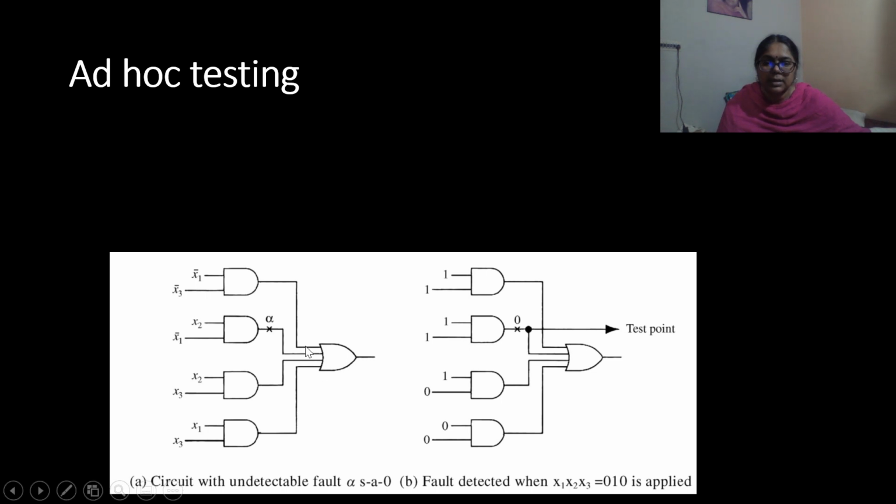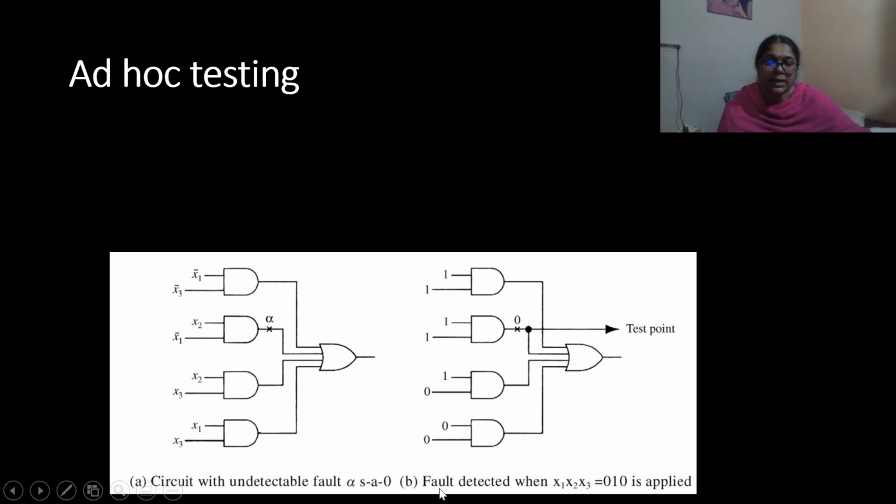When the other AND gates' outputs are 0, then the output is 0, because alpha is anyway stuck at 0. So there is no test to find.